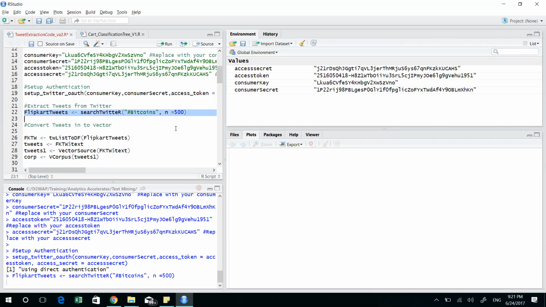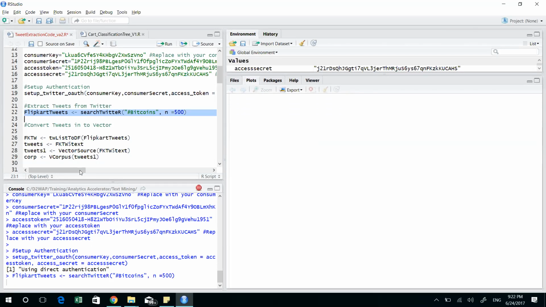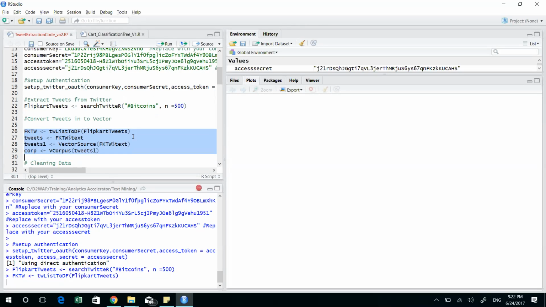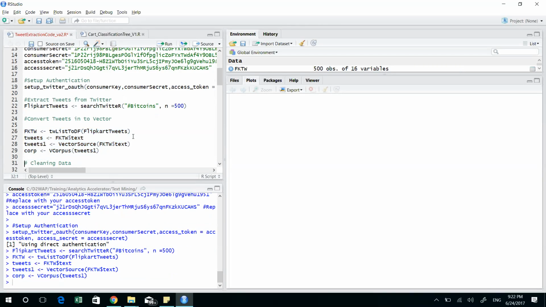So let's extract tweets related to Bitcoins. Again, 500 tweets. Let's see what people have to say about it. And while Ujjwal does that, trust me, no matter what background you come from, you will be able to do this yourself at the end of this course. It doesn't matter if you've never written a line of code in your life, or don't look forward to being a coder.